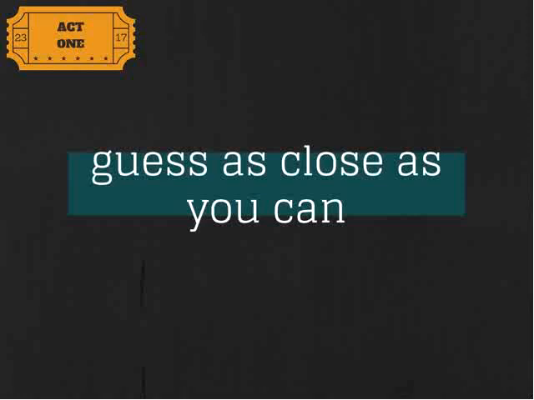If you can't work in Classflow, you could just type it in the chat if your Classflow is acting funny. But most people's Classflow window should come up, and there should be a little text box that you can enter a number in and then hit submit. And if you could guess as close as you can. And what I see right now is a little scroll bar, and it's telling me that about half of you have entered a guess.